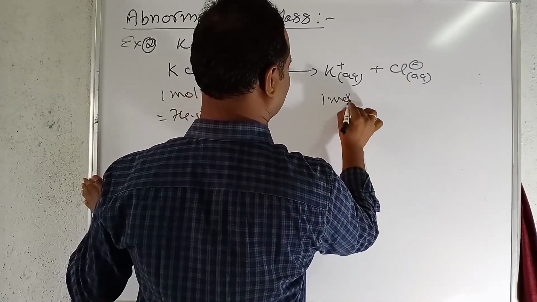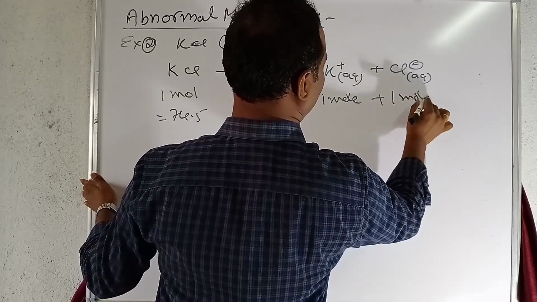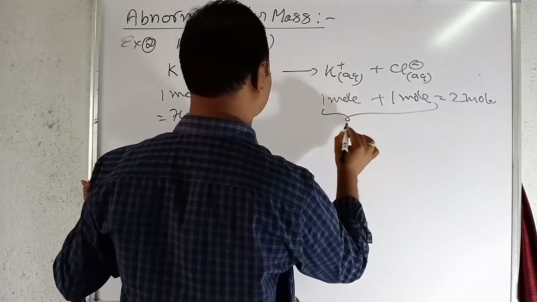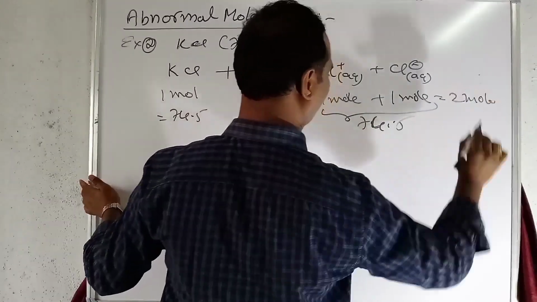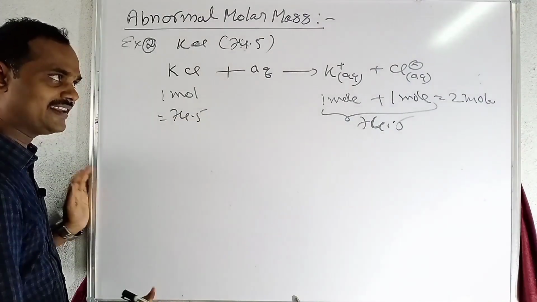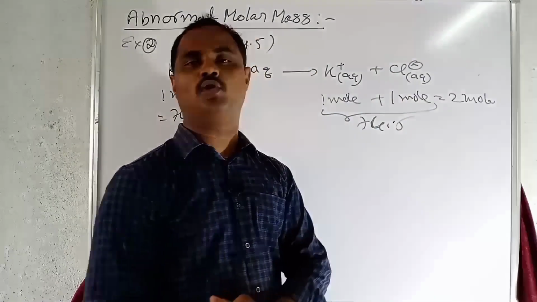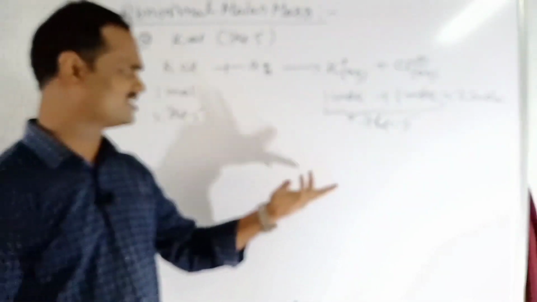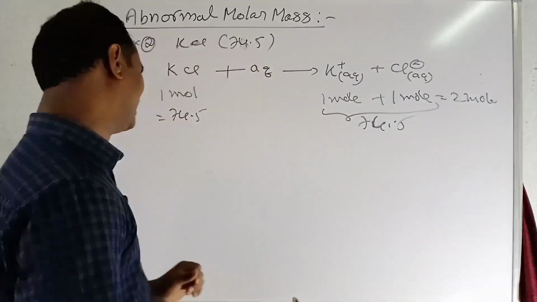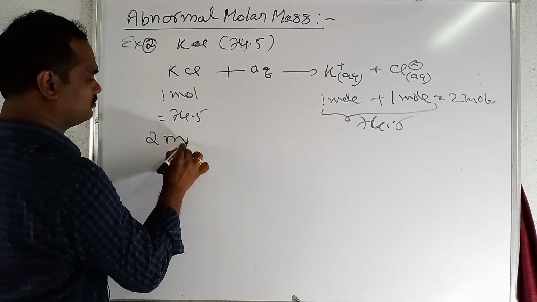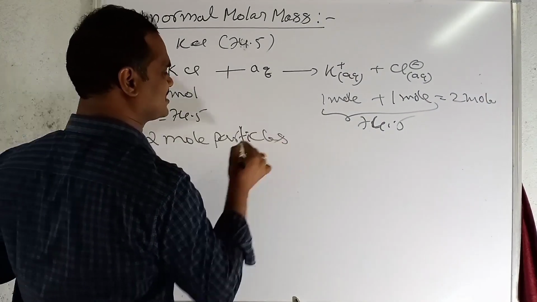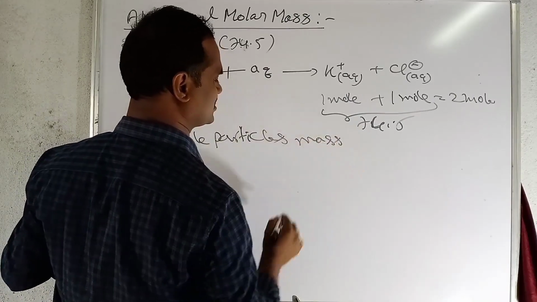How many mole particles are there? Total 2 mole particles. The mass of these 2 mole total particles is also 74.5. Before dissolving in water, only 1 mole was there. After dissolving in water, due to dissociation, it becomes 2 moles of particles. Particle number, ions or molecules, whatever, we call particles. Here 2 mole particles are there. The mass of 2 mole particles is